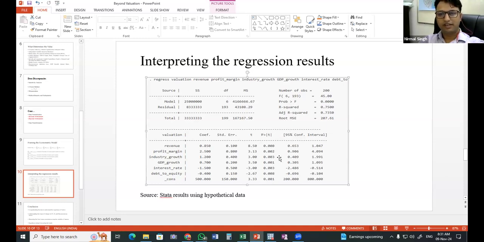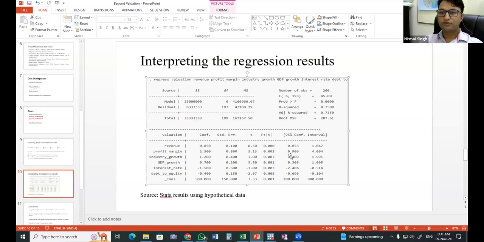For example, here you can see, although this is hypothetical data, it is showing all the variables are significant. That means all the variables are having a significant impact on the valuation of the company. If such results are coming, we should be suspicious whether some issue is there, maybe multi-collinearity, some data issue, or outlier issues.